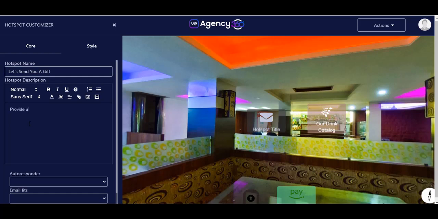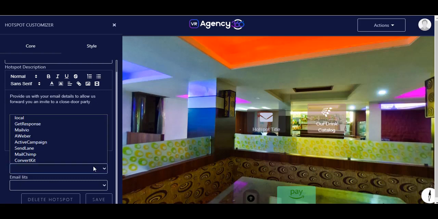Provide us with your email details to allow us forward you an invite to a close your party. So you could just have it like that, and all you need to do is select